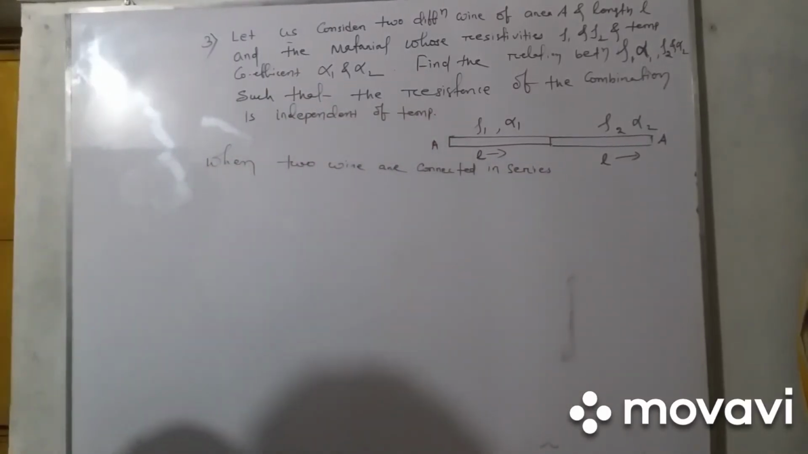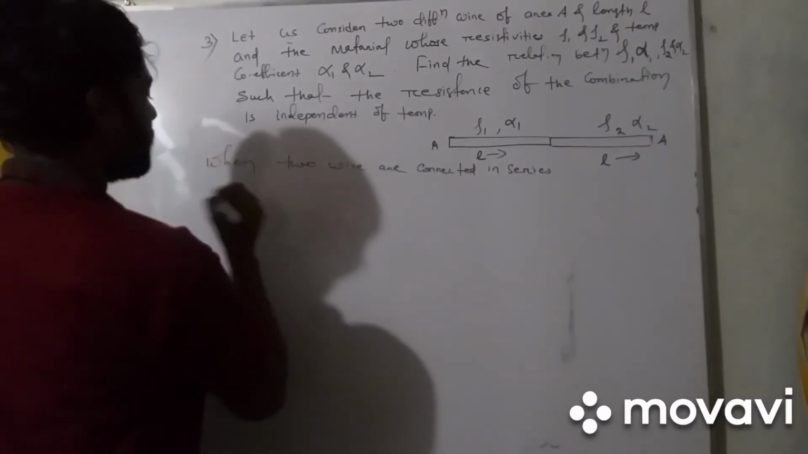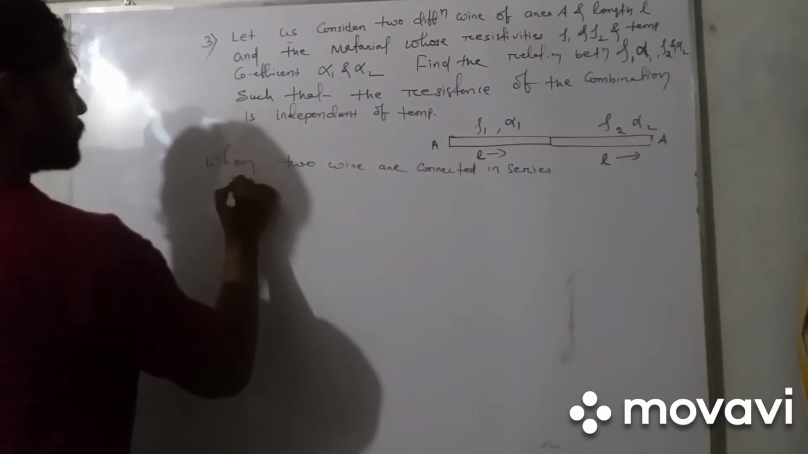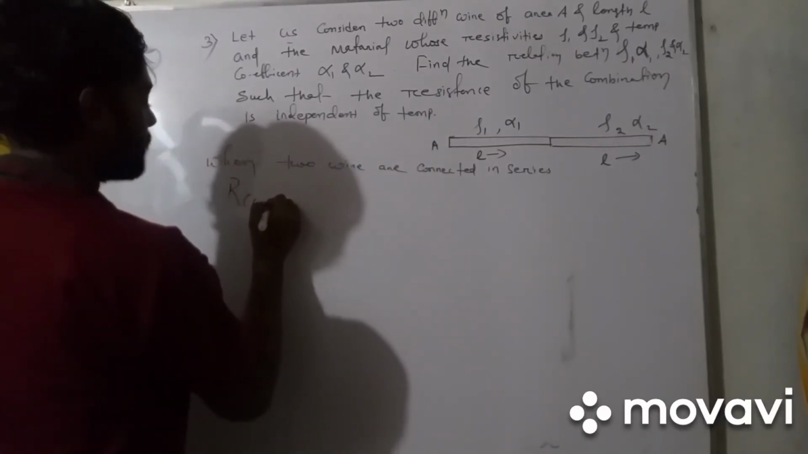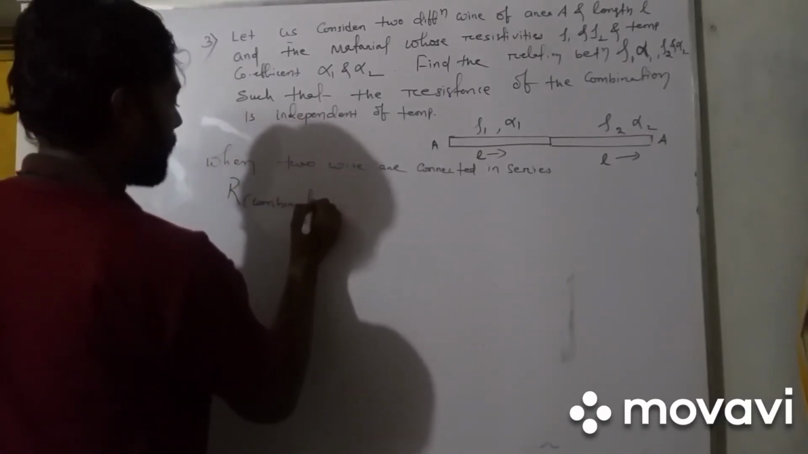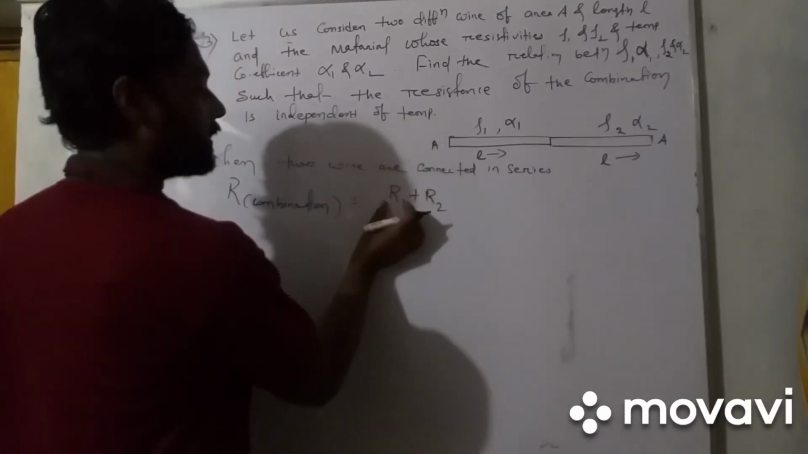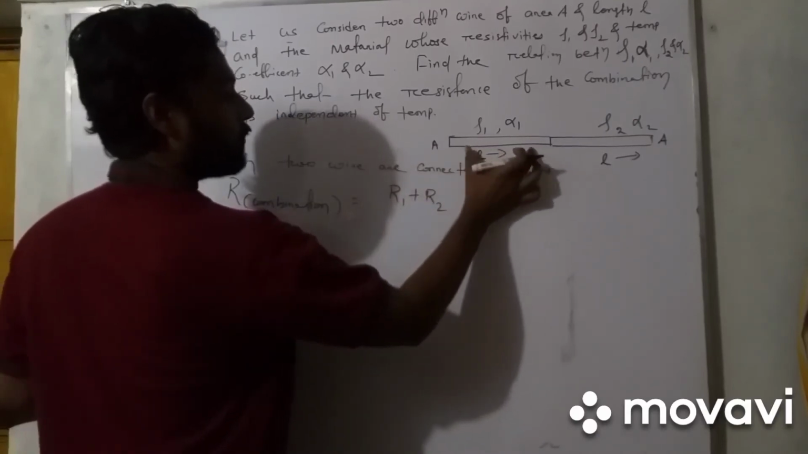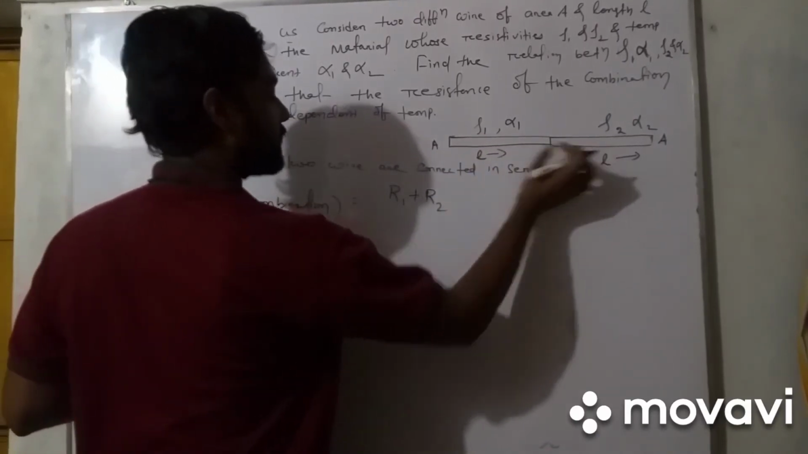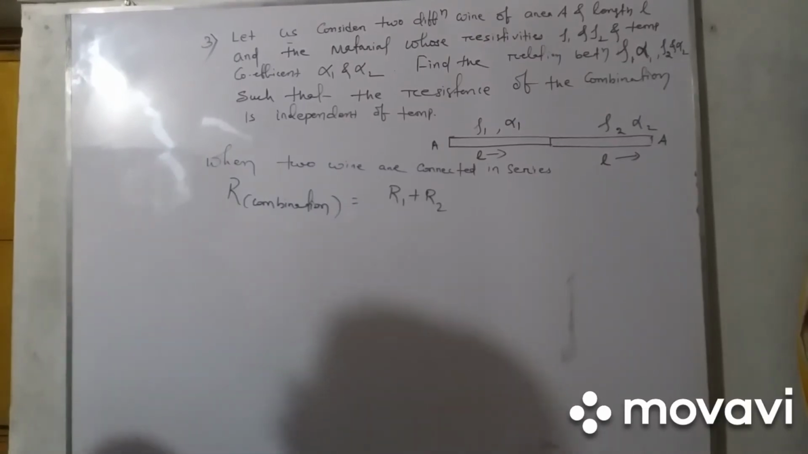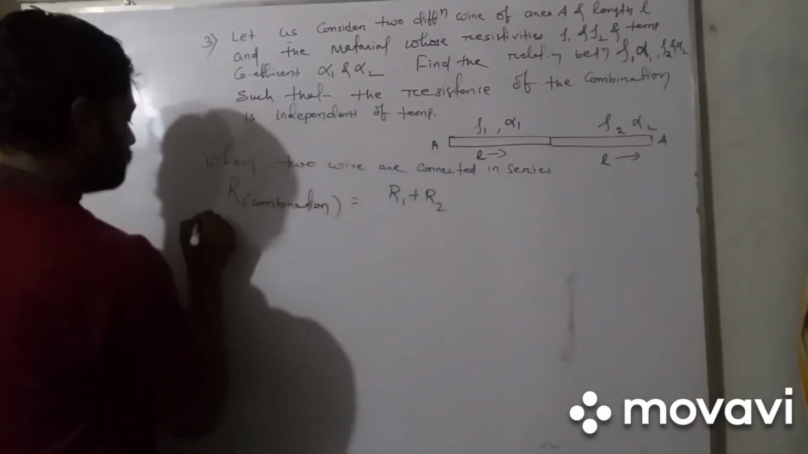Then what will happen? The resistance of that combination is equal to R1 plus R2. That is the resistance of the first wire, and this is the resistance of the second wire, that is R1 plus R2. So by changing the temperature,